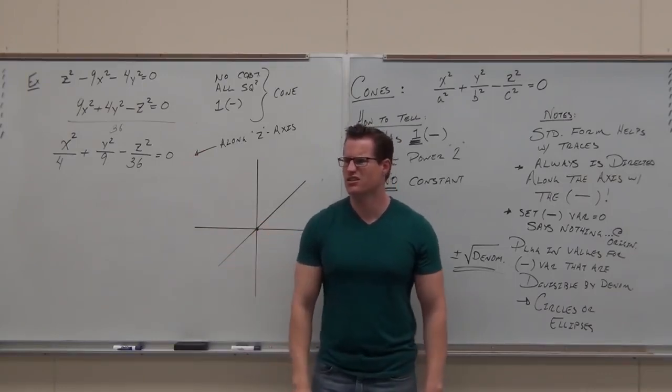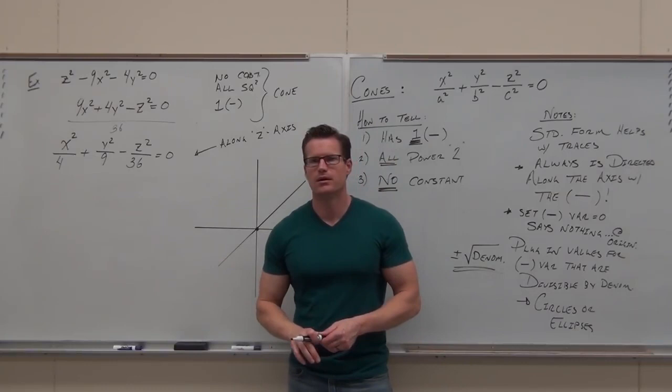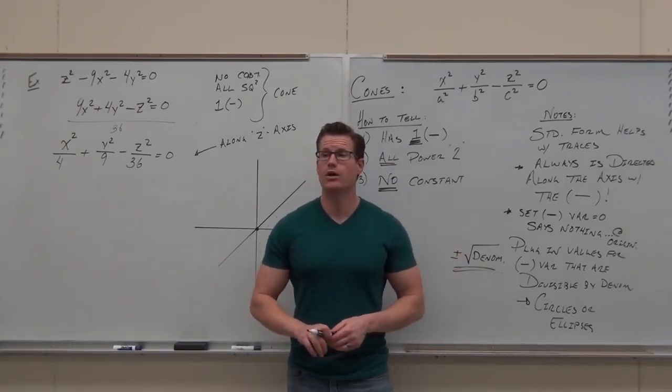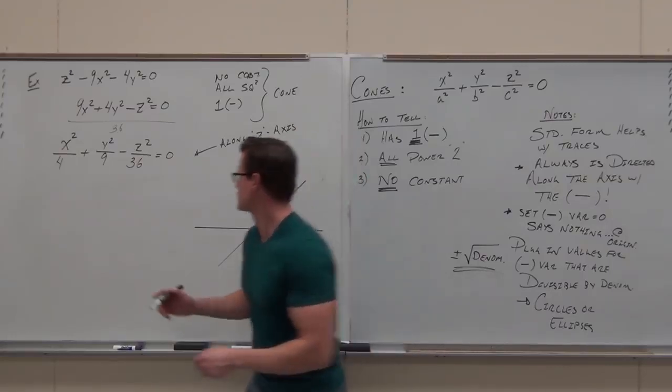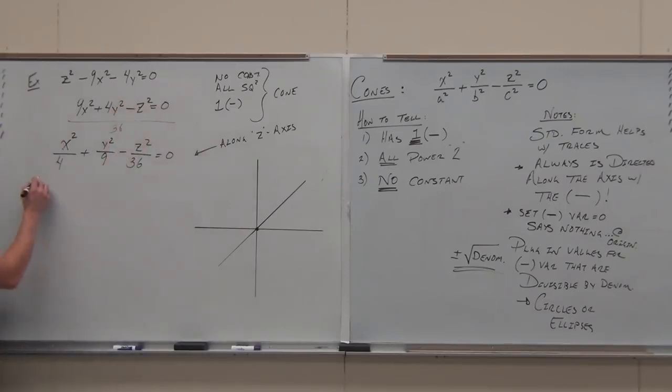Oh, this is lackluster. Goodness gracious. What number are you going to plug stuff, or what variable are you going to plug stuff into? Z, because it's the minus 1. What number would you use? 6. Plus and minus. One trace at the origin. For the other trace,